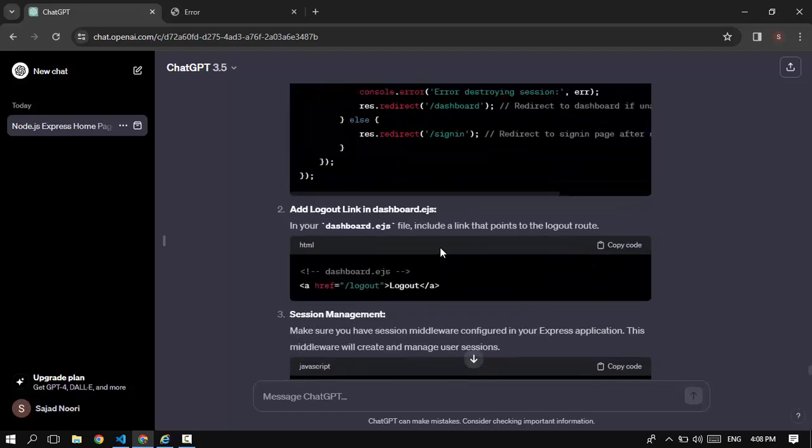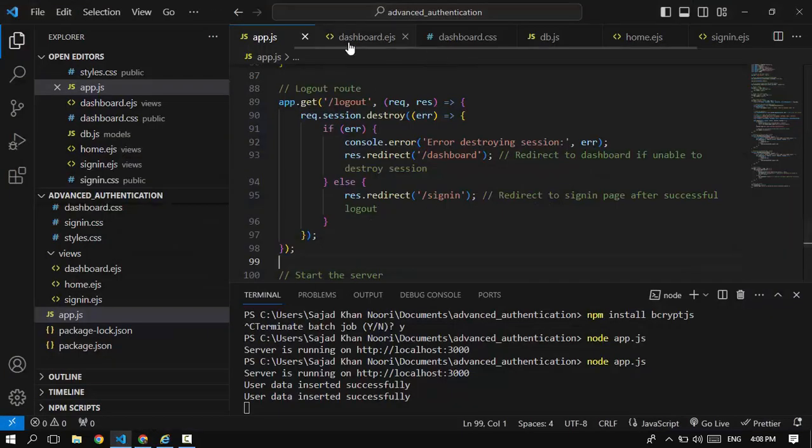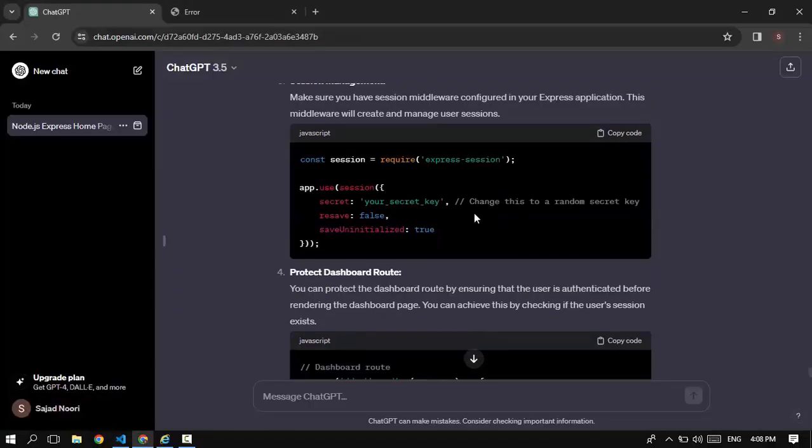And after that, we need to put the link of logout in our template too, in dashboard at the top. Paste it here, save it. Do not forget to save your codes. And also we need to use sessions. Sessions are used to